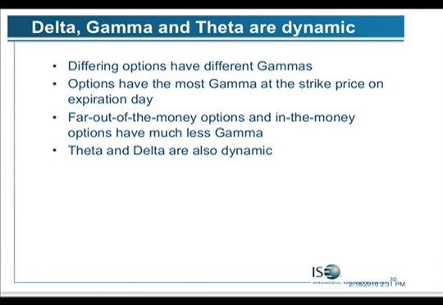Different options have different gammas. Options have the most gamma at the strike price on expiration day for out-of-the-money options. And in-the-money options have much less gamma. Theta and delta are also dynamic. Everything's changing. We know this. So if you're looking at that,